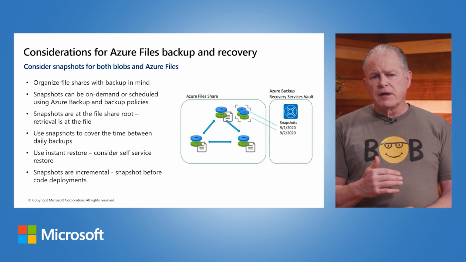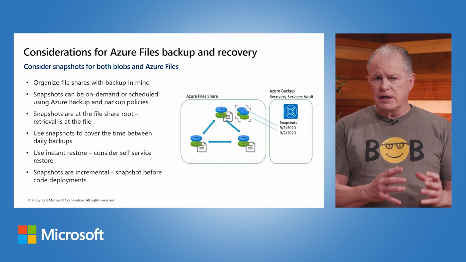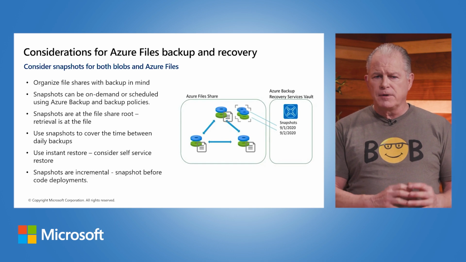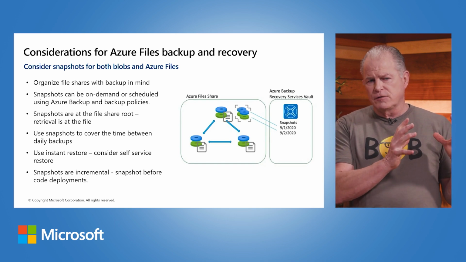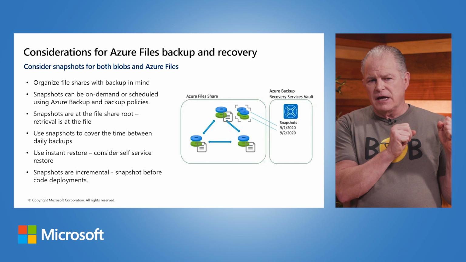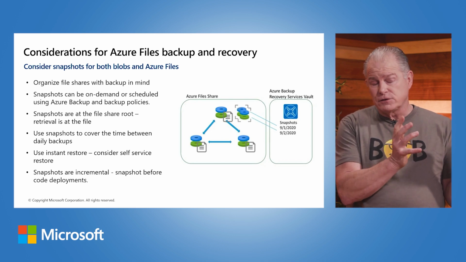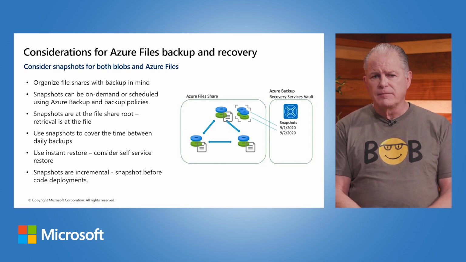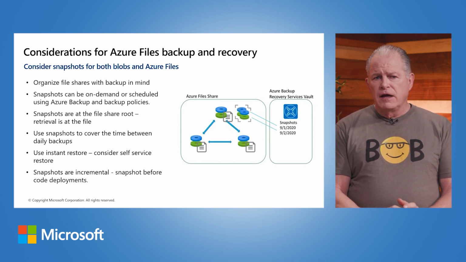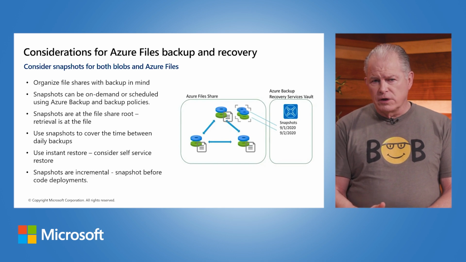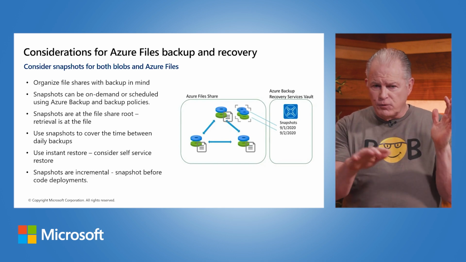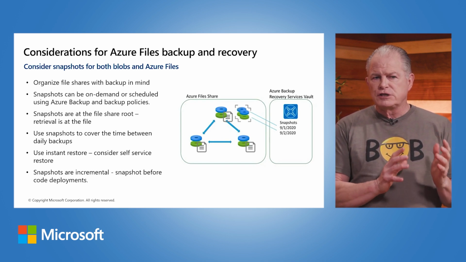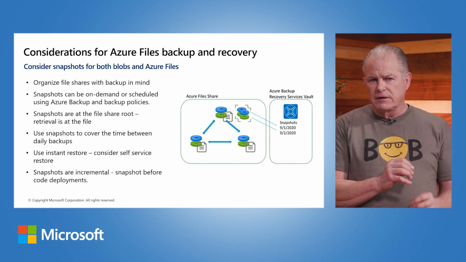What we have is the capability of using a snapshot capability on demand. If you're familiar with the term VSS or volume shadow copies, it's a service that captures at a moment in time a copy of an object, even if it's open, and it creates a snapshot of that object at that moment in time. Snapshots are at the file share root level. So in a file share, if you have subdirectories and subdirectories below those subdirectories and files, it is at the file share level, at the root of what you're dealing with.